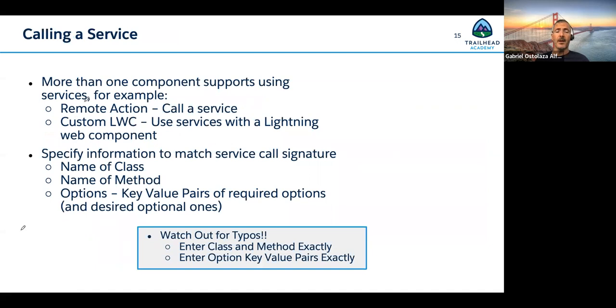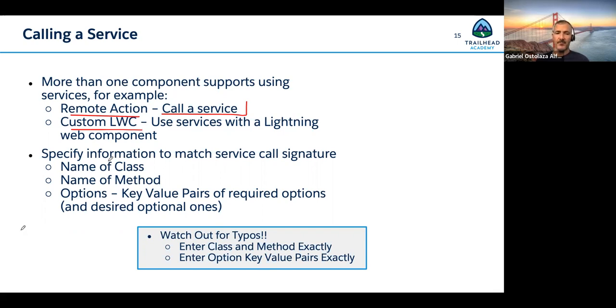Then, calling a service, you can call it by a remote action, right? And you use a remote action when you do not need any user visualization of the data, or you can use a custom Lightning Web Component when you want to visualize. For example, when you want to create a quote, maybe you don't want to display anything to the user, then you will use a remote action. However, when you want to call the catalog of products, then you're going to use a custom Lightning Web Component because you want to show the results to the user, and then the user can configure the terms and conditions